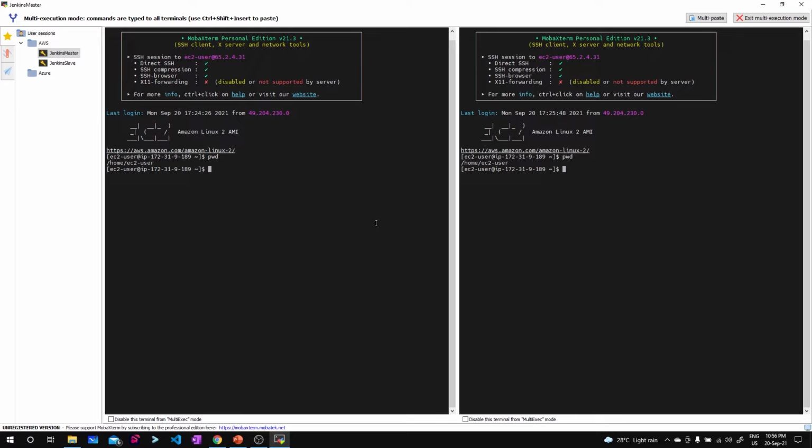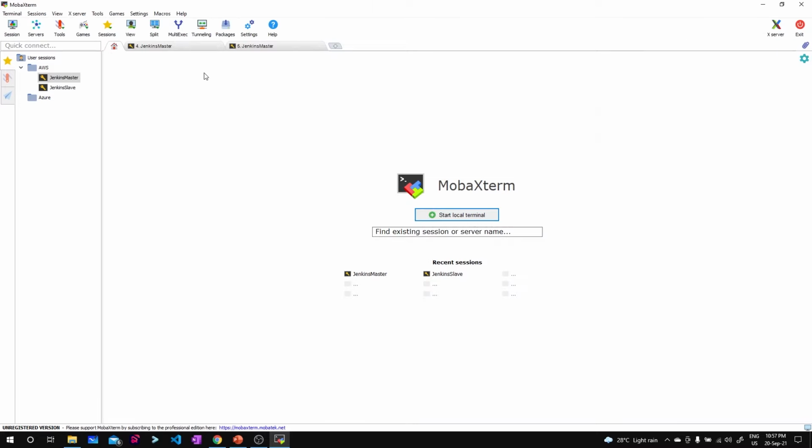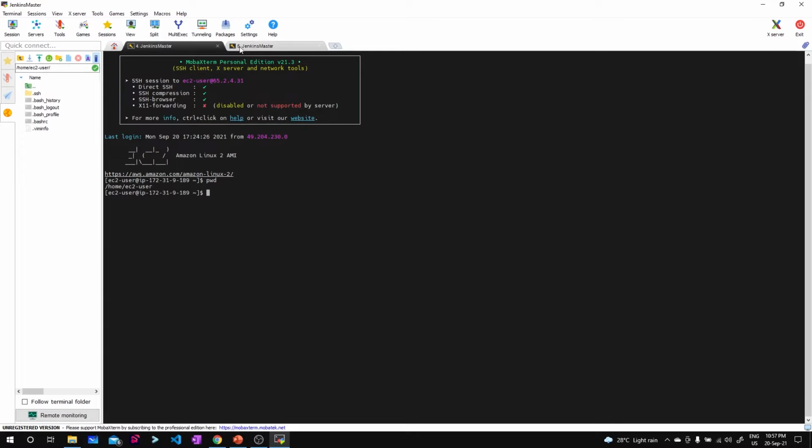Let's say you don't want to input commands for a specific instance, so you can just disable those inputs by selecting this button over here. Now whatever I do will affect only the rest of the sessions, and this session won't be affected. Then I can enable it back again by clicking on this button again. If I want to exit from multi exec, I can just click on multi execution mode, exit multi-exec mode. Now I am back to the main window. So this is one of the advantages: I can have multiple sessions created.